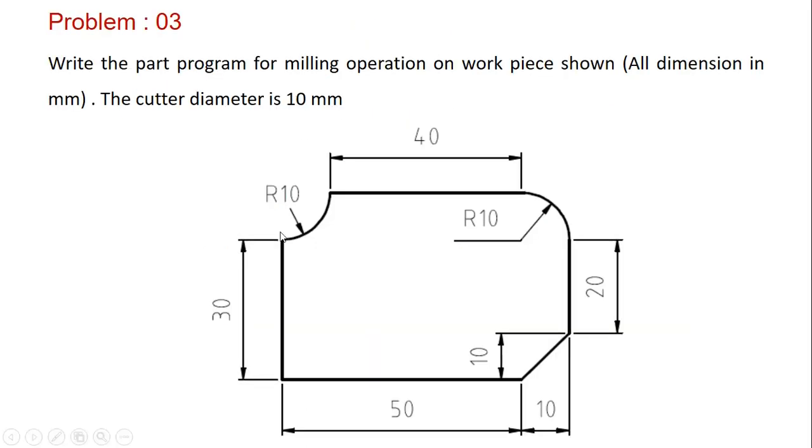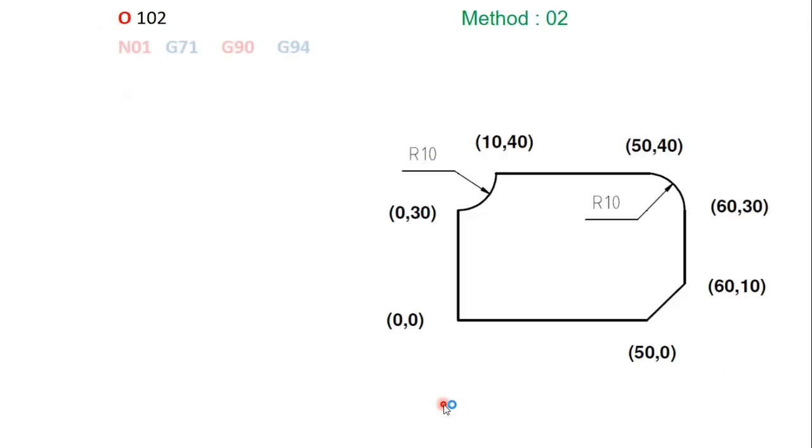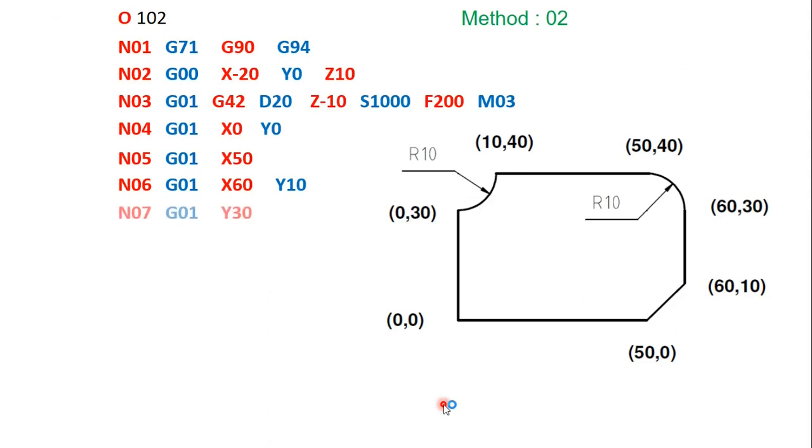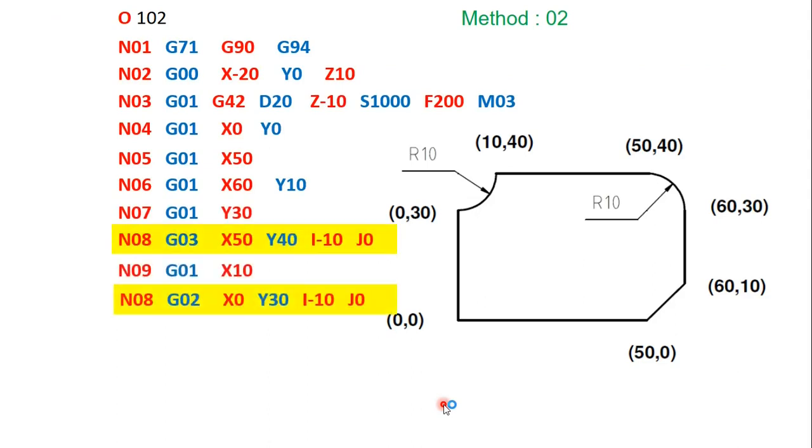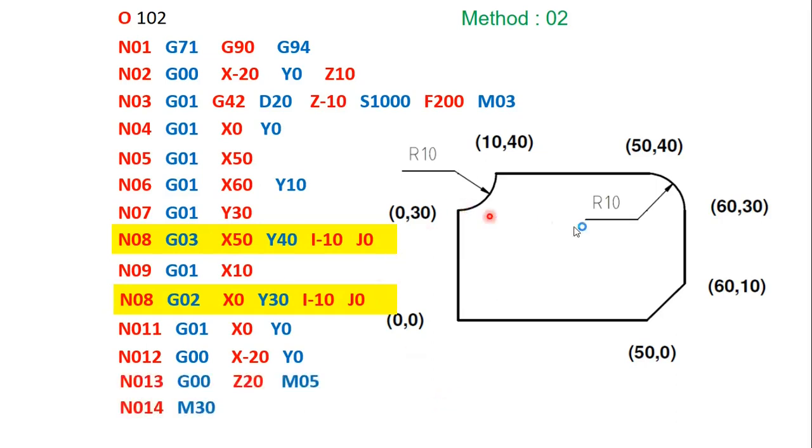In the last class we solved this problem. This is a side milling problem. We first used the radius command with the G02 and G03 combination, and then we used the combination of I and J. When going in the anti-clockwise direction, instead of a radius of 10, I was using a combination of I and J with endpoints and G03. So G03 is for anti-clockwise motion. Here we are doing a clockwise motion, so that's why G02, endpoints and then the I and J variables.